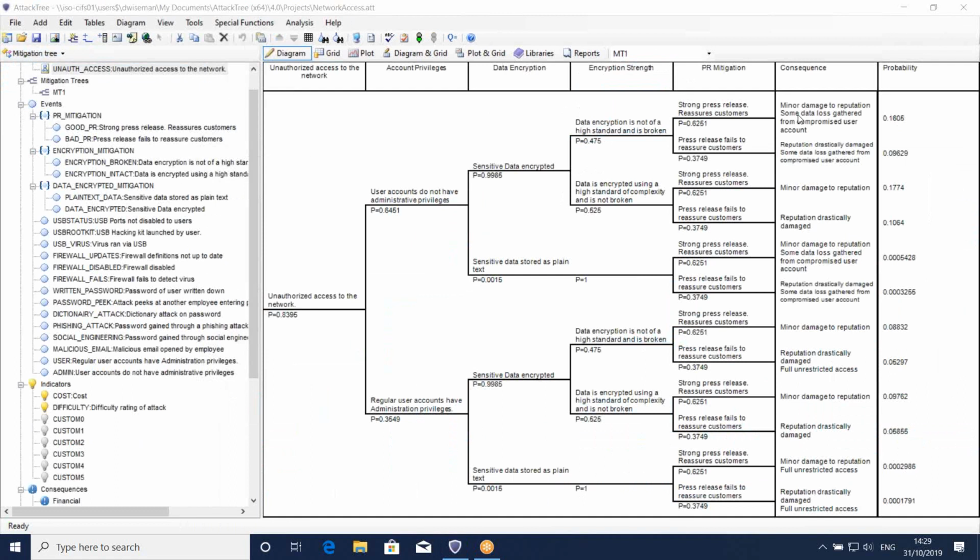What the mitigation tree will allow you to do is basically start with your threat and then define a variety of different columns that represent the different mitigating conditions, different mitigating systems that might be in place. And then depending on the success or failure, the logical state of the conditions, you will get better or worse